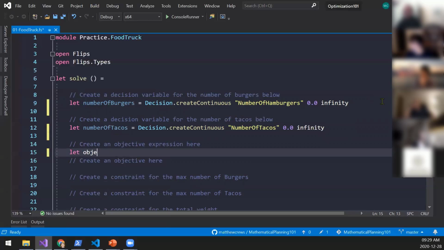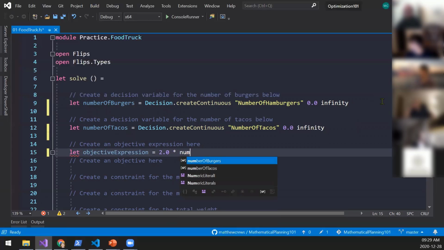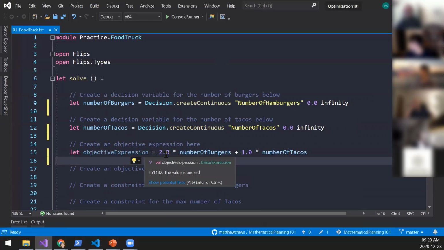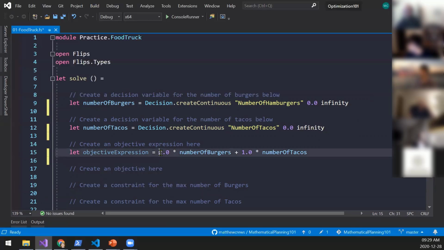So let objective expression equal 2.0 times number of burgers plus 1.0 times number of tacos. So this gives us a linear expression, don't worry about linear right now, but basically it's saying like, hey, this is what you're going to use for evaluating the quality of the solutions.